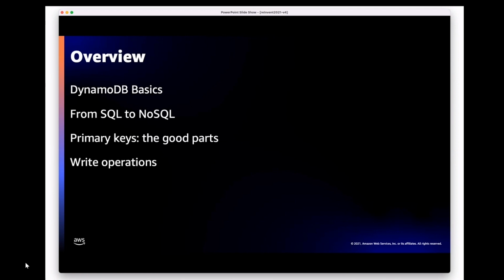So I assume a lot of you have experience with relational SQL-based databases. DynamoDB is a NoSQL database, so we'll talk about what's different there. And I especially want to talk about how Dynamo can feel pretty weird if you're coming from that relational world. So why is it so weird? What is it going after? And to sort of drive some of that,